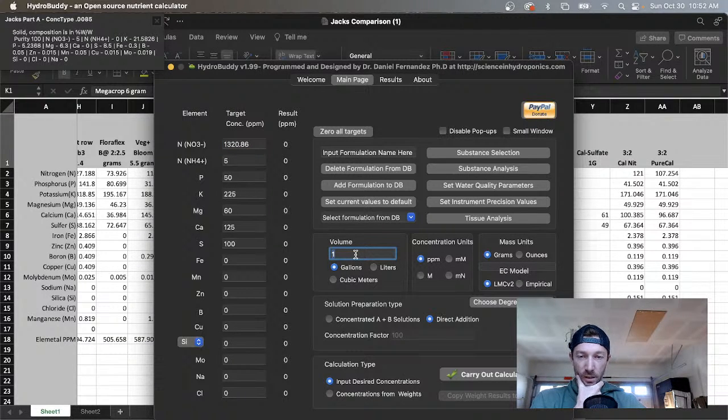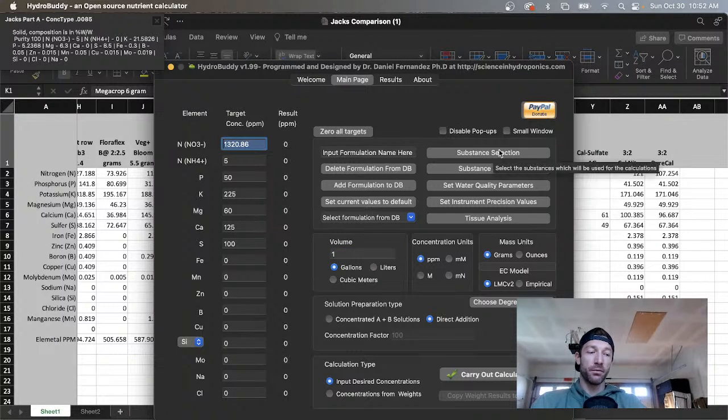Okay, hold tight on this. I'll teach you guys this one next time. I need to refresh myself on exactly how I do this. Trying to do it on the fly here. It's not something I do all the time. But long story short, you could put in the desired concentrations, and instead of putting in Jax,